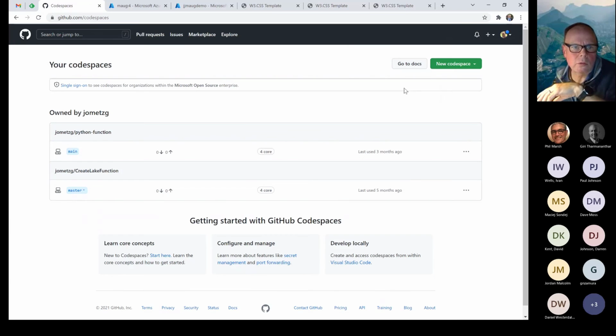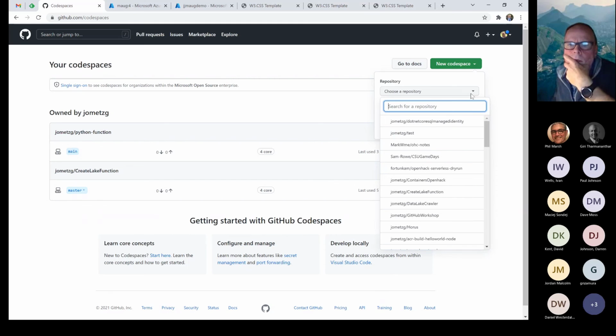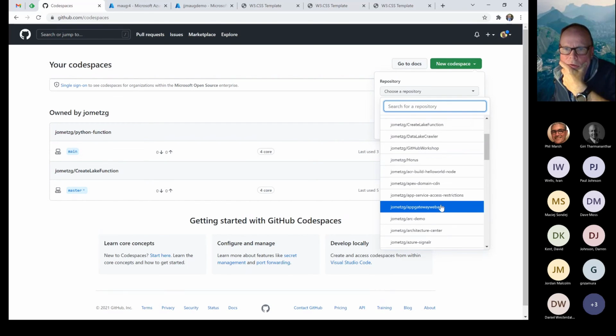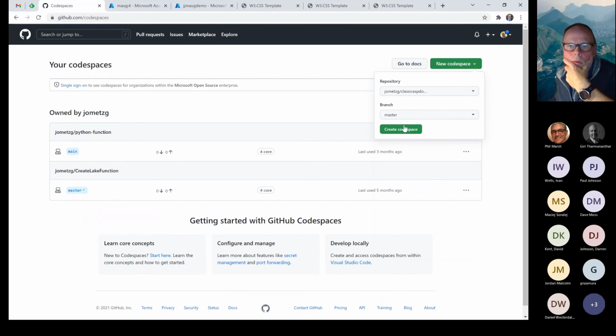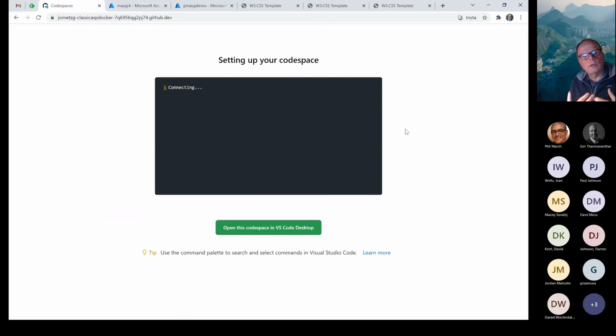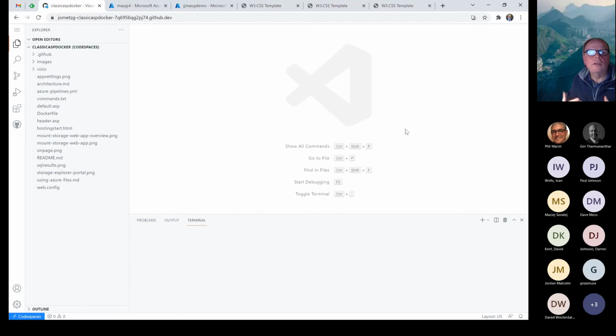So what you can do is create a Codespace based on one of your repos, I'm trying to find this one actually, Classic ASP Docker. This is typical. There we are, master branch. So what you can do is build up a development environment that isn't even on your box at all. And I think this is the way stuff's going to go,